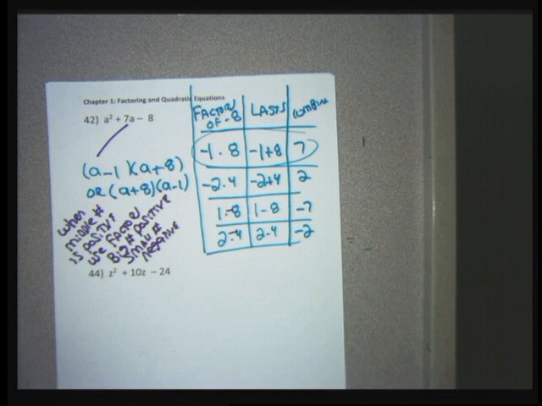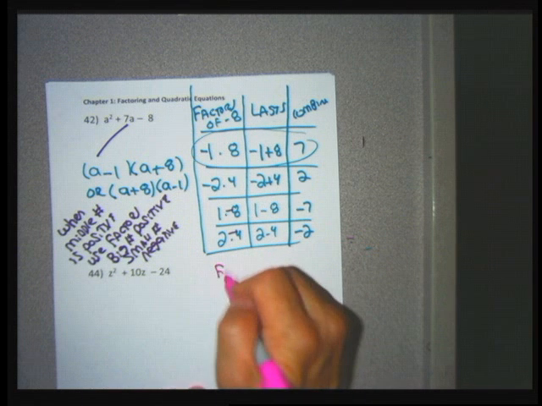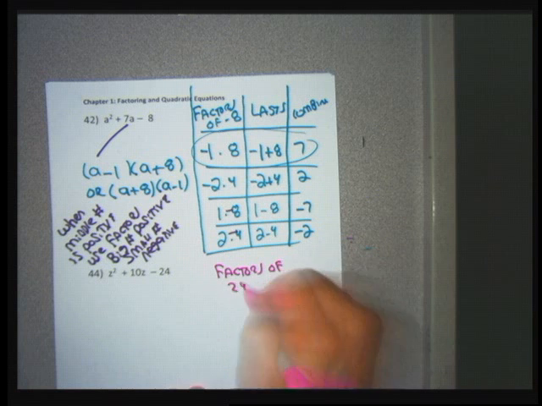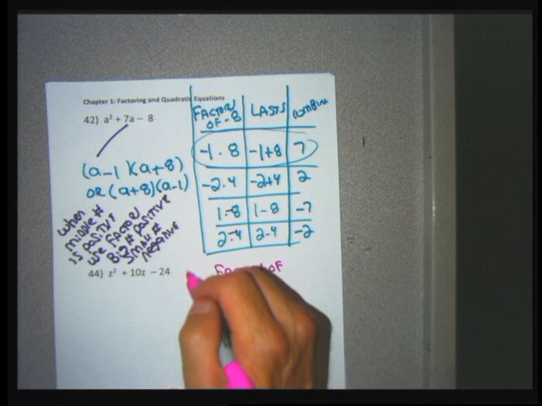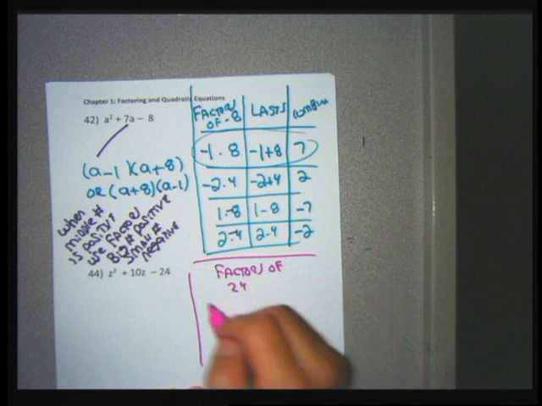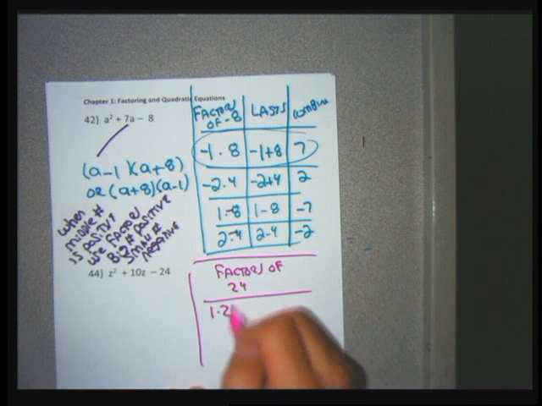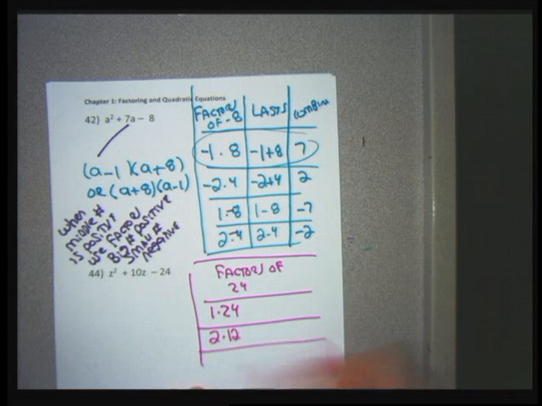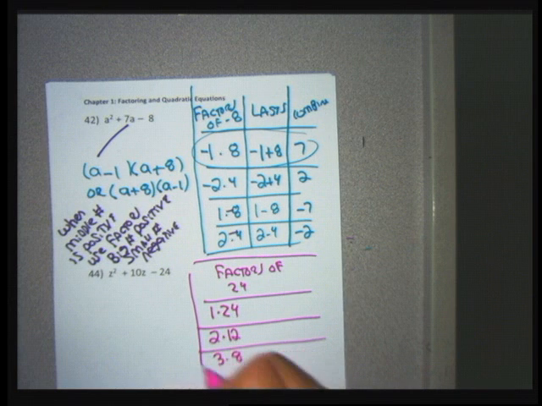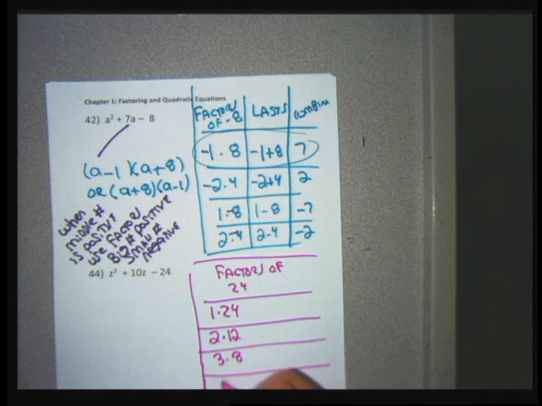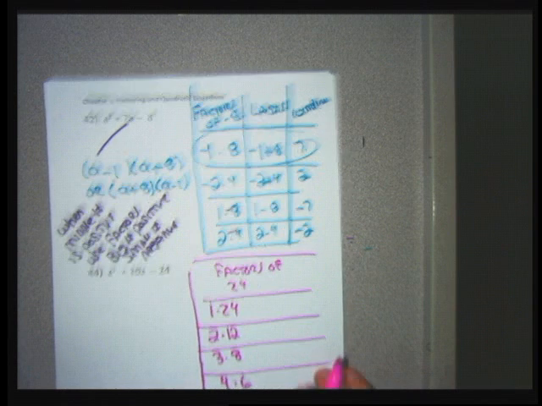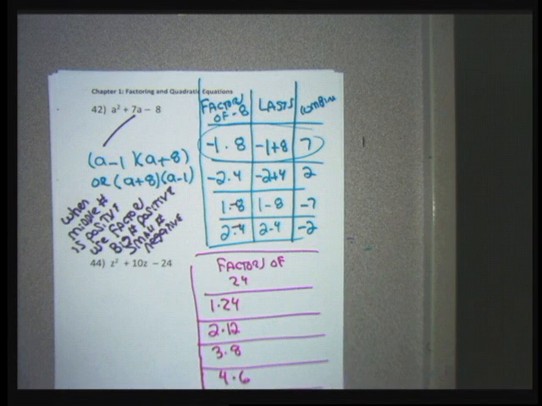For 44, I need the factors of 24. Kind of get a little crazy there. So my factors of 24 are 1 and 24, 2 and 12, 3 and 8, 4 and 6. And I need to have one of the numbers positive and one of the numbers negative, just